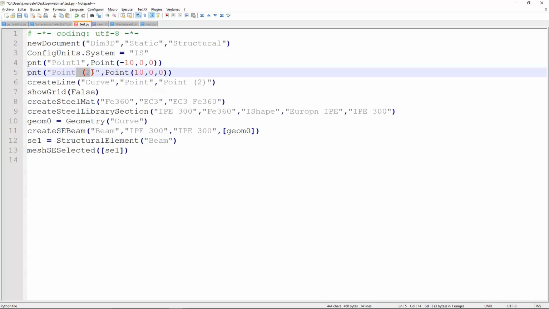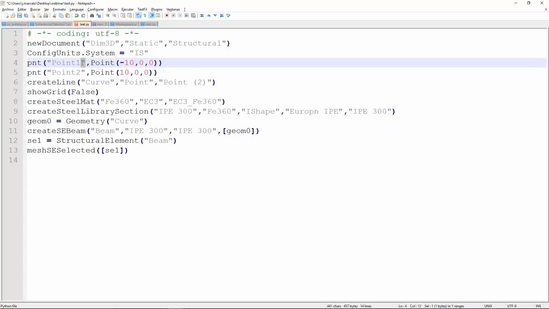For example, point 1, point 2. All the string data types will always be between quotation marks, to define the name of that point. And then the vector will get the coordinates of the point. In this case, according to x, y, and z: minus 10, 0, 0,